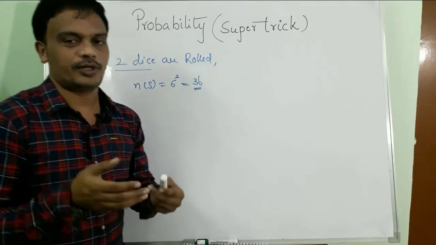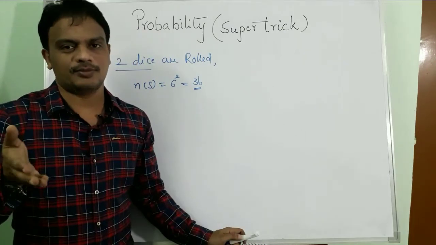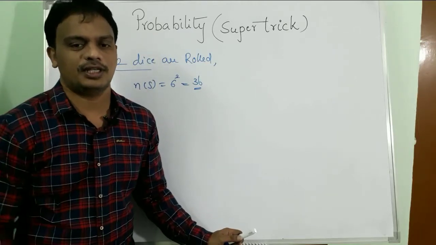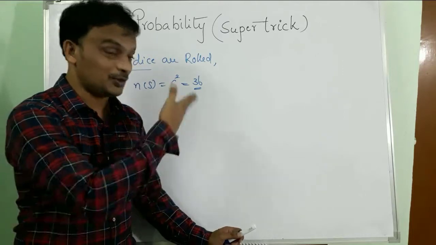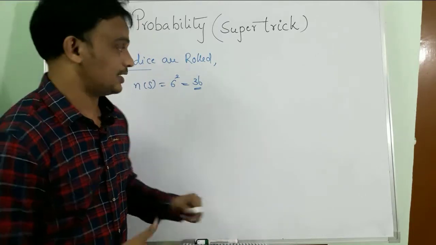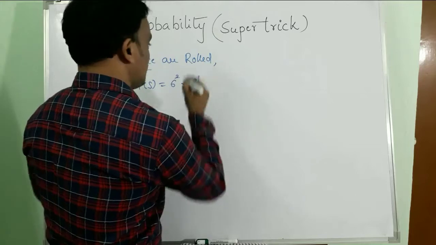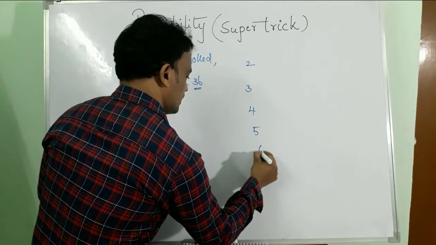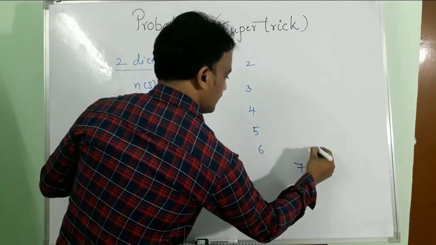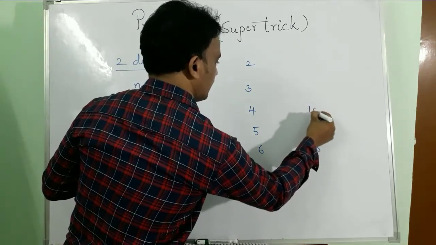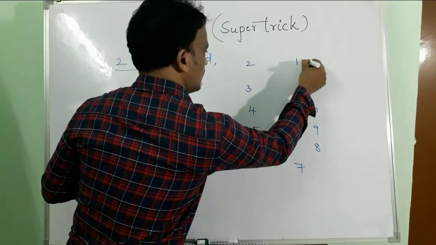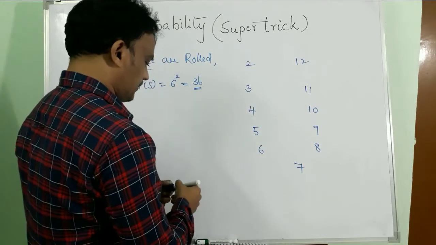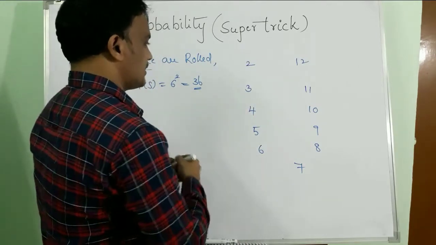Generally, if you write this out literally, it may take time. Sum is 2, sum is 3, sum is 4, and the maximum sum is 12. Literally it will take time. By using our Swamiji rule, let us see. Here the minimum sum is 2, then 3, 4, 5, 6, 7, 8, 9, 10, 11 and 12, right? The maximum sum is 12, right, Anuj?